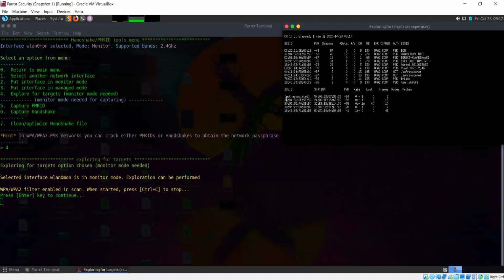So this BSSID is the MAC of the access point of the network, and station is the MAC address of the device which is connected to that network.